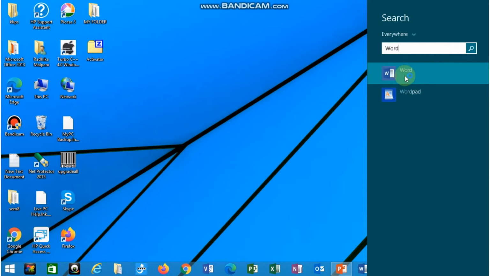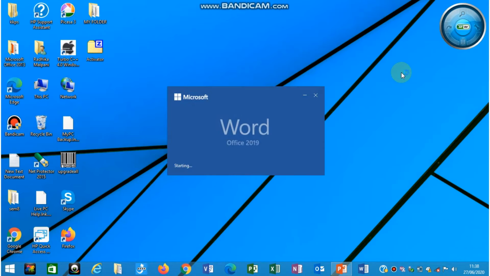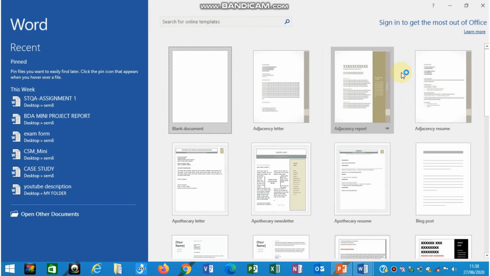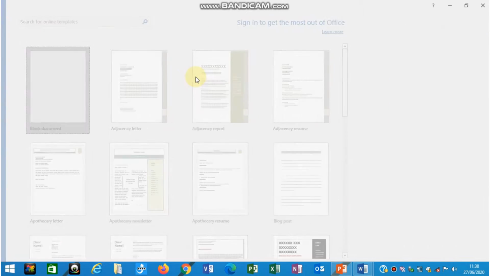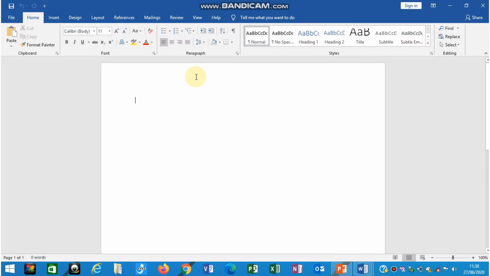Double click on the first application so that Word will open. So MS Word is opened. Now select this blank document. Click on blank document once, and this is the next screen you are going to get.